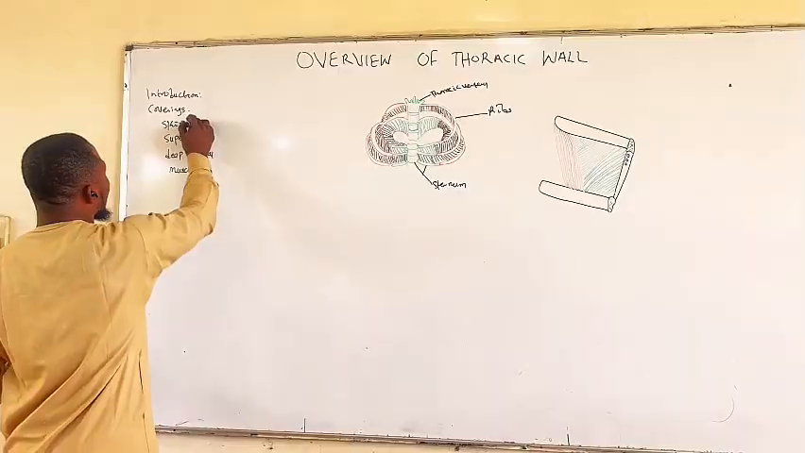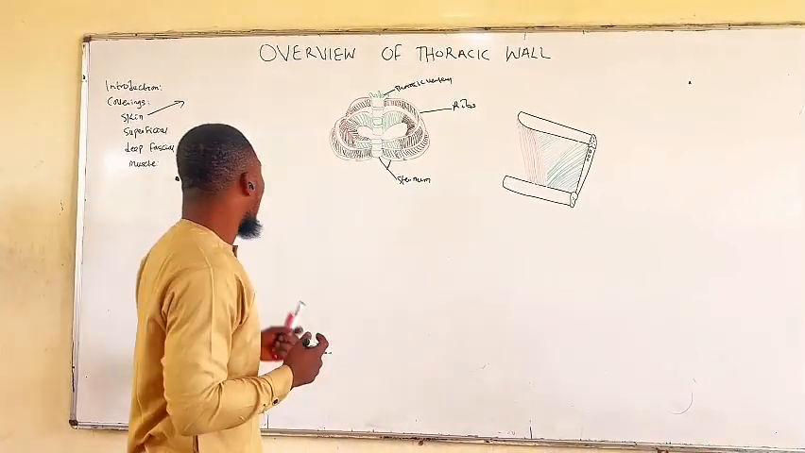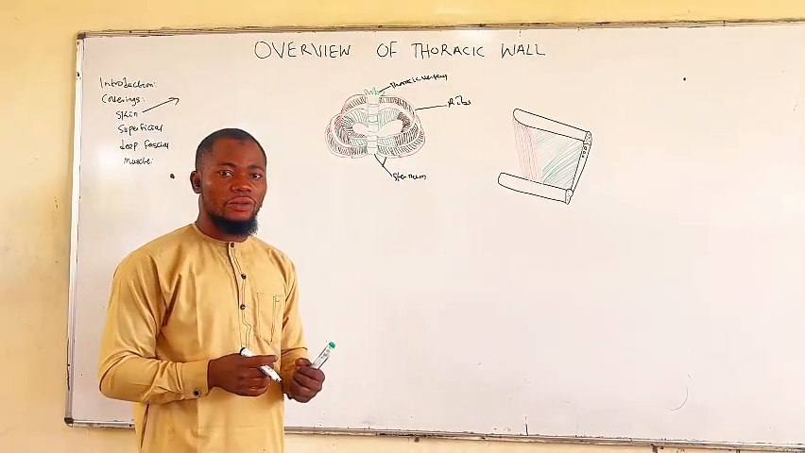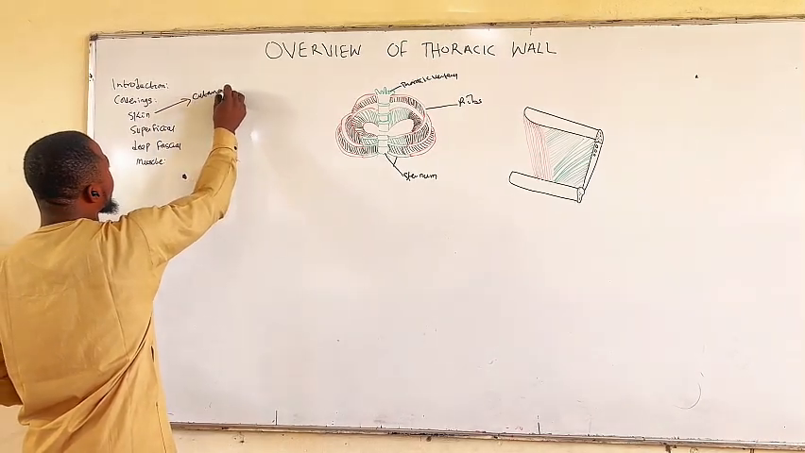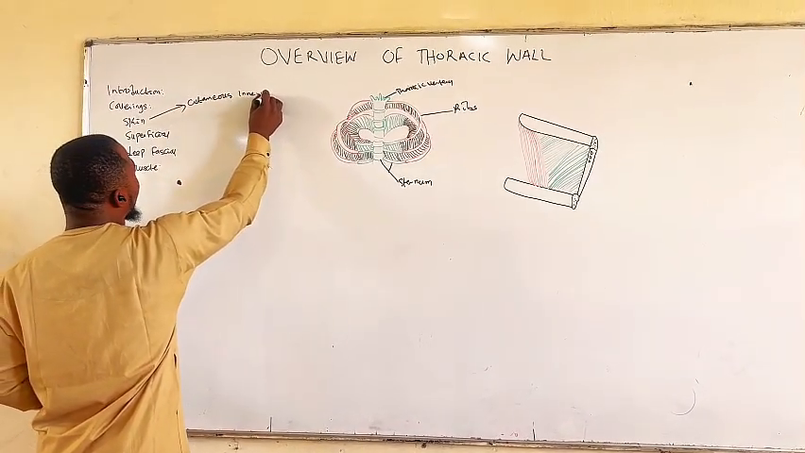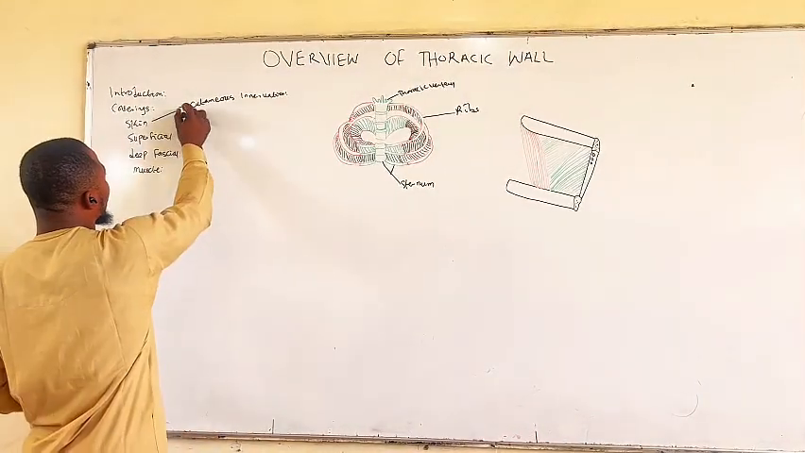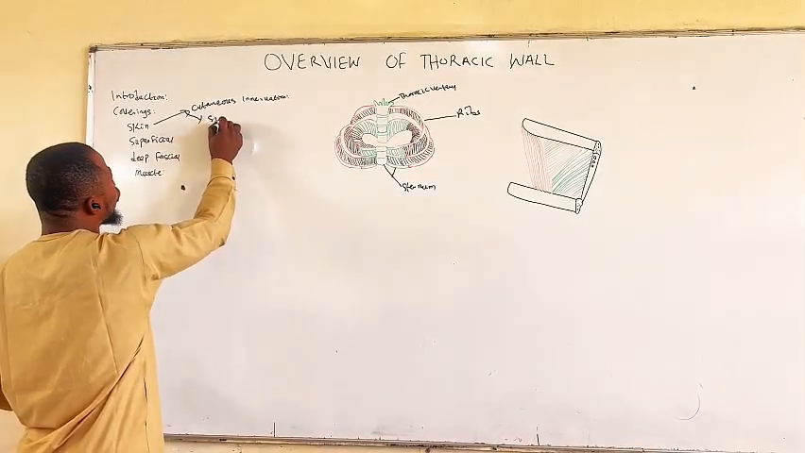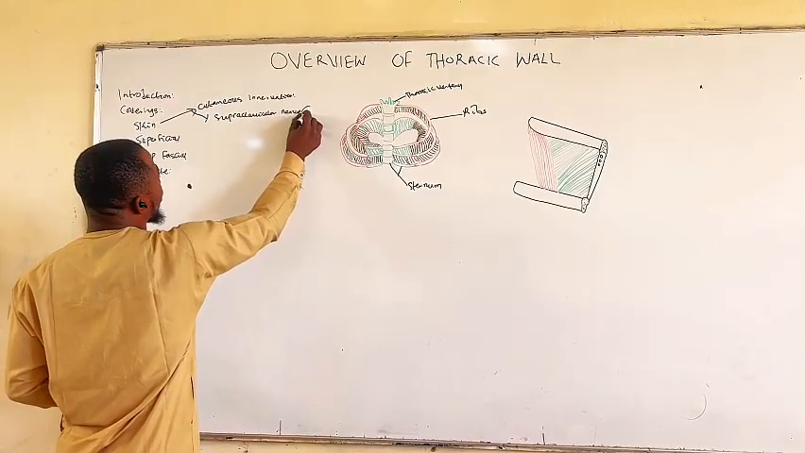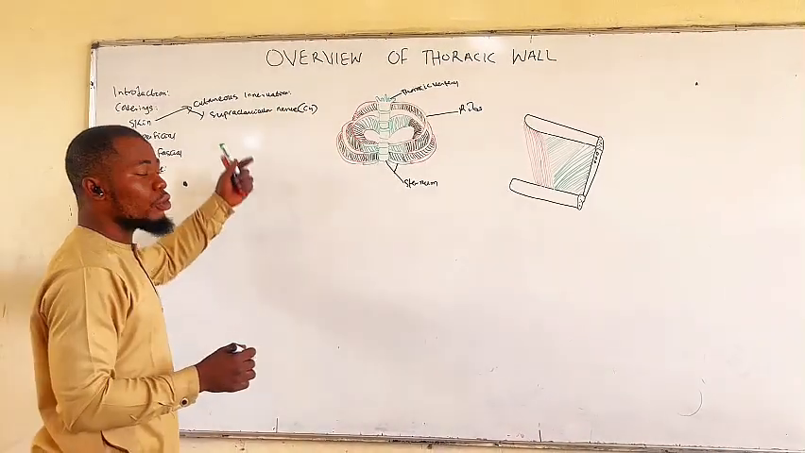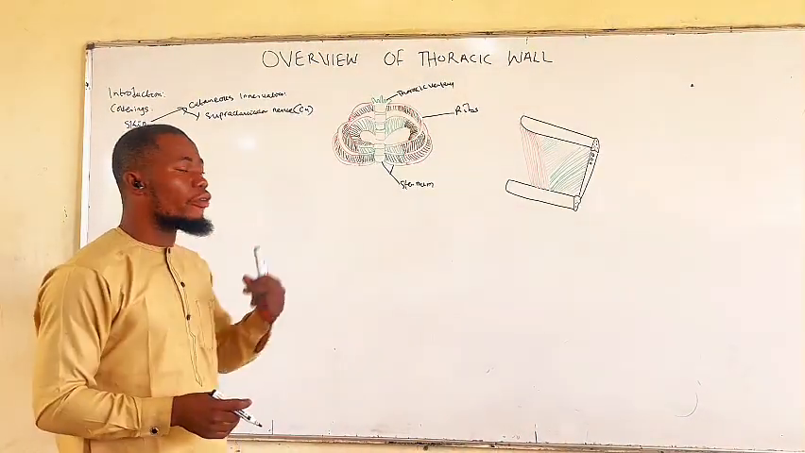The skin, we should know that the skin of the anterior region is thinner compared to the skin at the posterior region of the thoracic wall. And the cutaneous innervation, that is innervation to the skin of the thorax, is provided by the supraclavicular nerve, C4. This supraclavicular nerve is one that supplies the skin of the thorax from the sternal angle above,